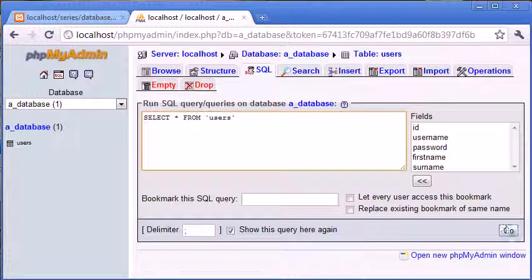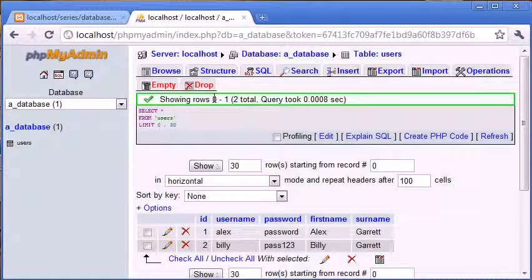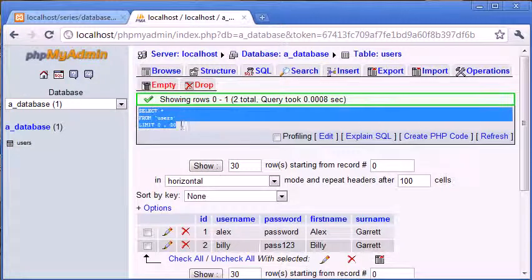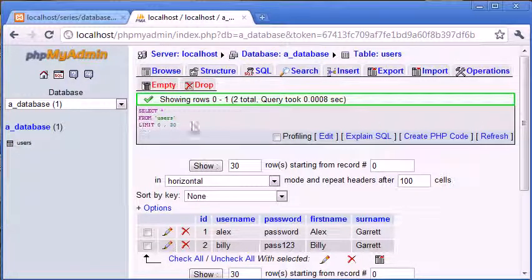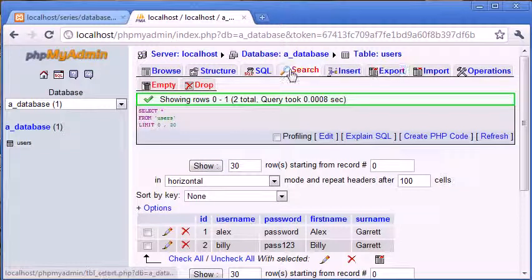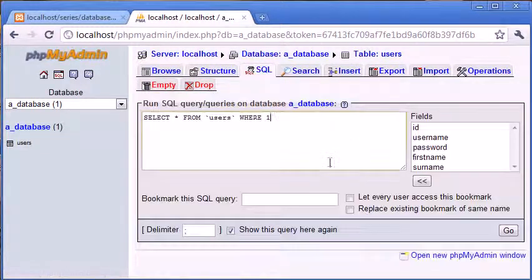So now I'm going to click go, and you can see that this is showing rows 0 to 1, 2 total. The query took an amount of seconds, and it's shown our query here with this limit on the end, which I'll explain soon. But we've retrieved exactly the same data as if we were to click browse. So this SQL query for us at the moment is useless inside phpMyAdmin, but when we're working within PHP, we